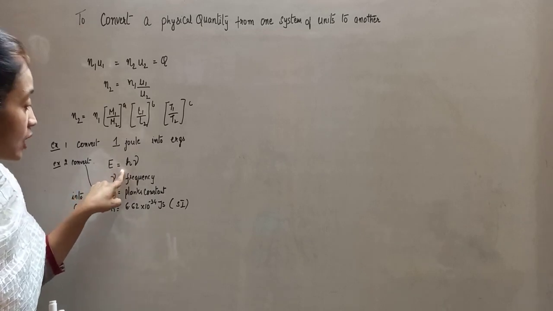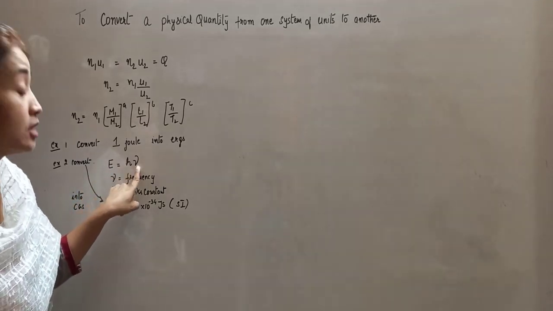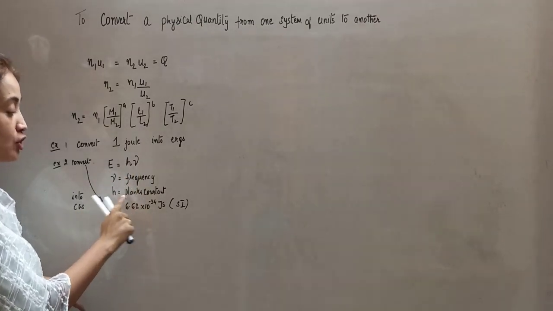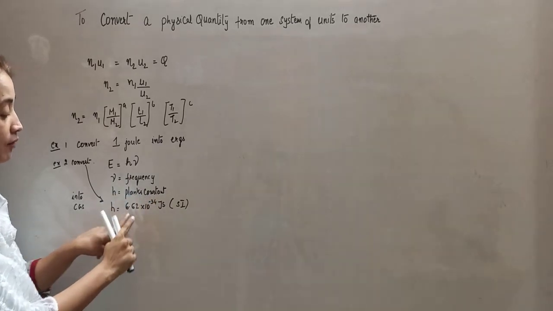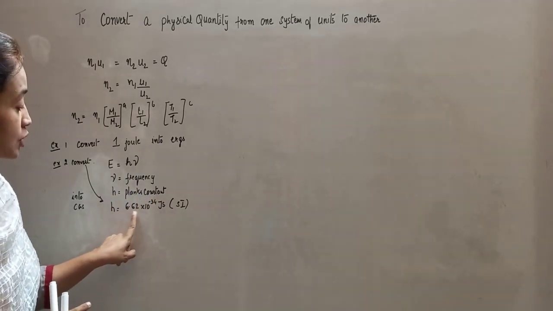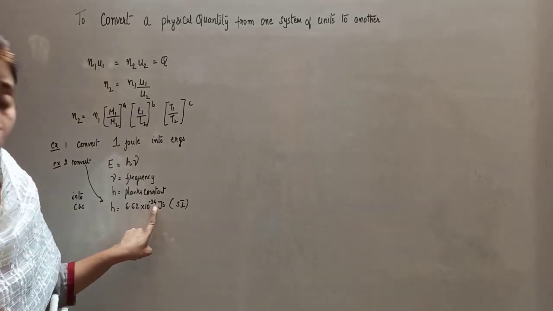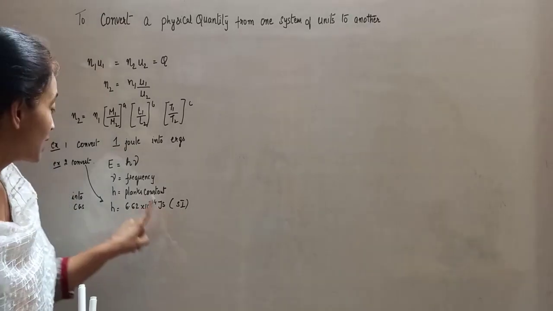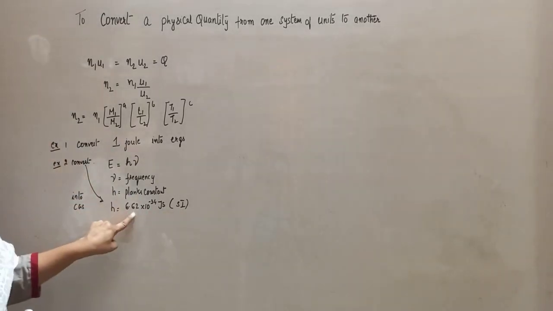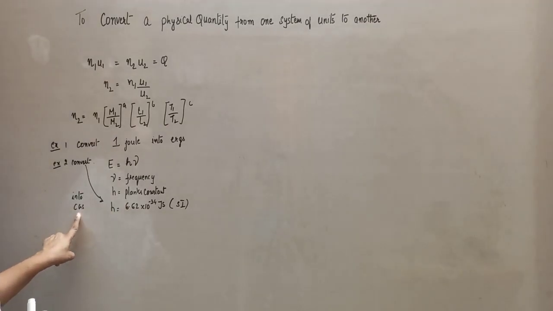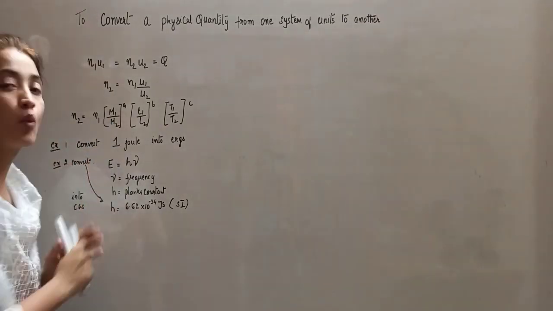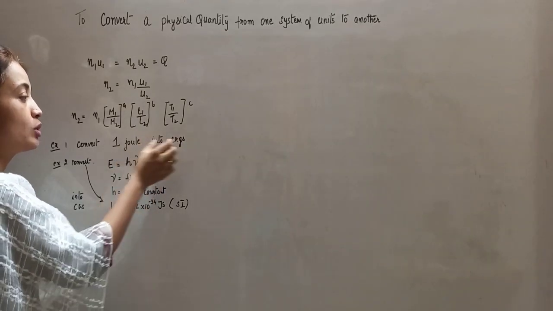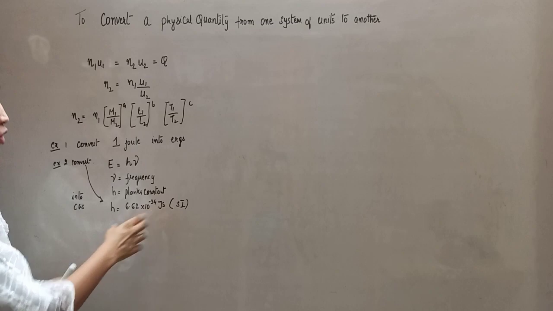So energy is equal to Planck's constant into frequency. The symbol nu is called frequency. H is Planck's constant, and the numerical value of Planck's constant is 6.62 into 10 to the power minus 34 joule seconds. It is given in SI units. And the question is to convert this value of Planck's constant into CGS units. These are the two questions purposely chosen because they are interrelated. Once you know how to convert joules into ergs, you will be able to do this question also parallelly.